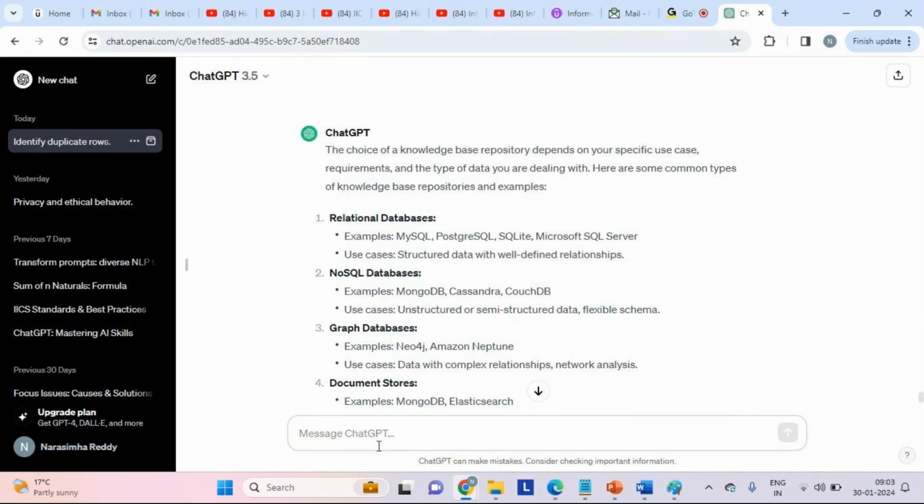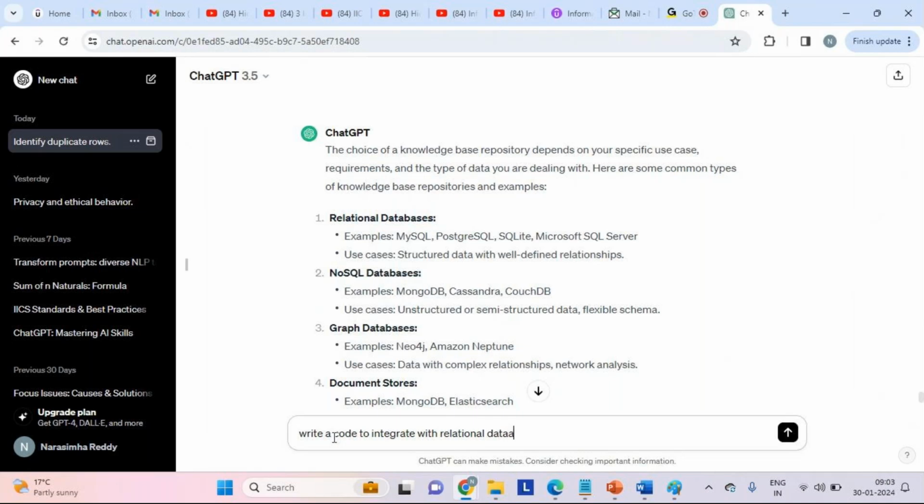Now we can ask the question: can I get a code? Write a code to integrate with a relational databases repository. Now let us do that.